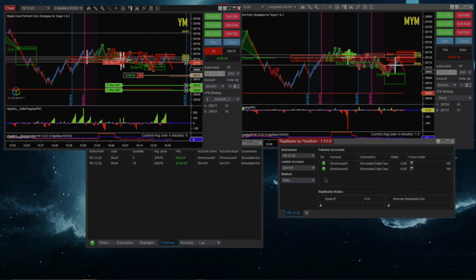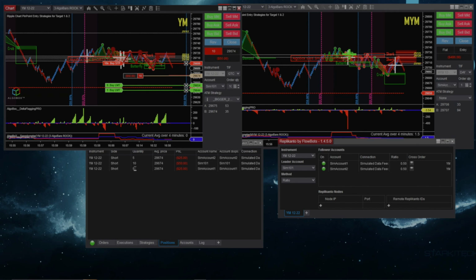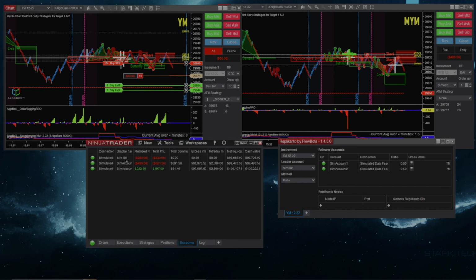And hold on, let me make sure. Sometimes this ratio isn't set. You have to actually select a ratio. Go ahead, and then you're going to have a 0.5 ratio in both. And this isn't the same as the equal quantity, because I could create